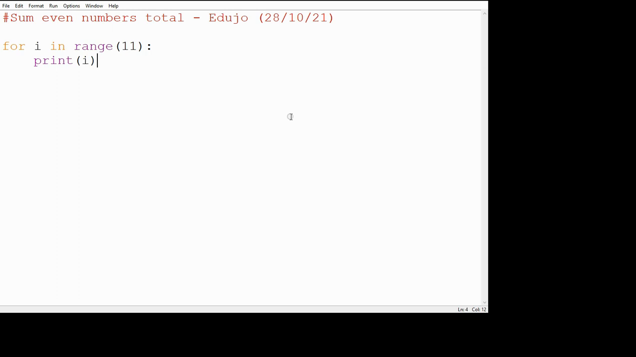So we need to determine whether or not, okay, I don't need this print anymore. We need to determine whether or not a number is even. So we do it as follows. Even numbers are 2, 4, 6, 8 and so on, and odd numbers are 1, 3, 5 and so on. So what we can do is use the modulus method. So we can start with an if statement. If i